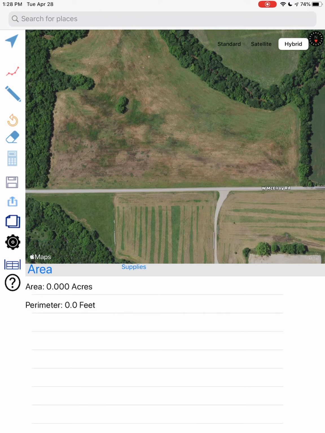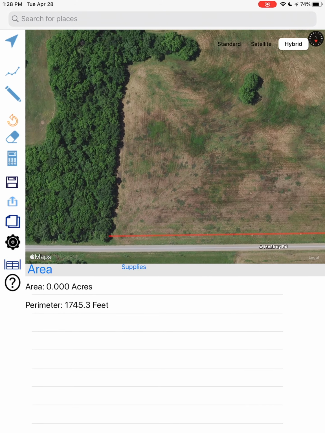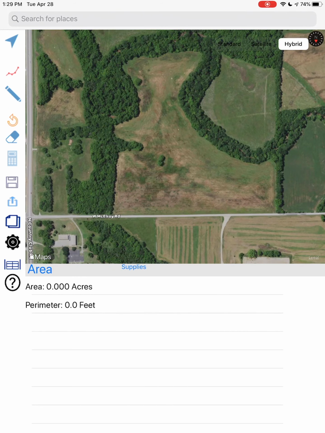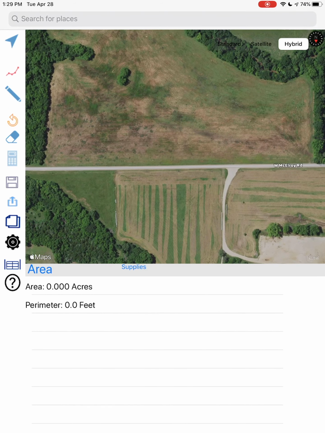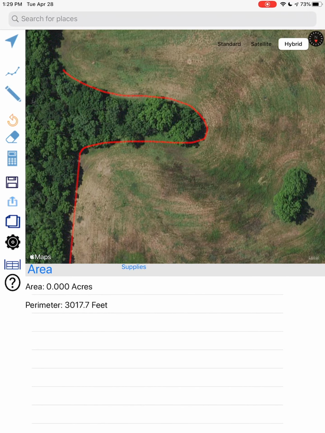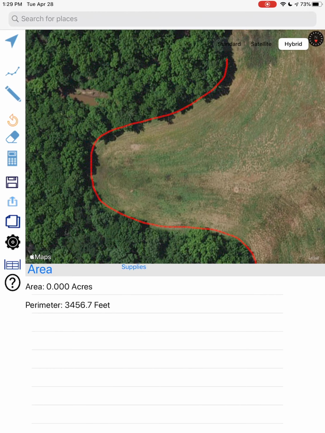To begin, choose a starting point on the map, then tap where you want the segment to end. When choosing your starting point, make sure to go toward the direction you will be drawing. If you make a mistake, you can use the undo tool to remove the last segment you drew. Once you have your first segment, continue to tap along the perimeter of your fencing project or property to add new segments. The starting point for each new segment will be the end point of the last segment you drew.